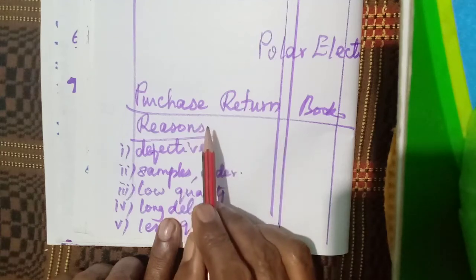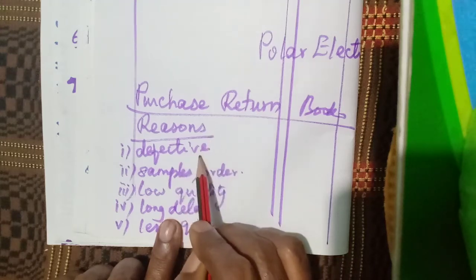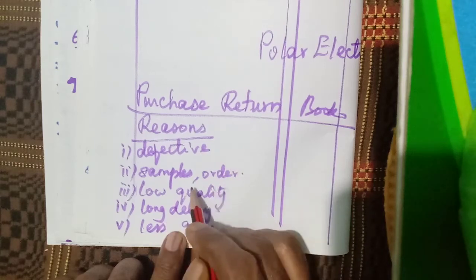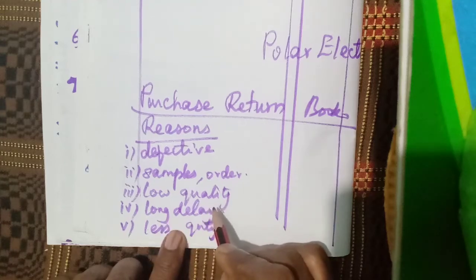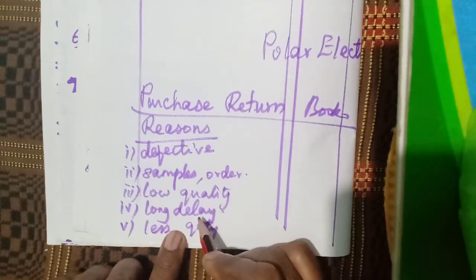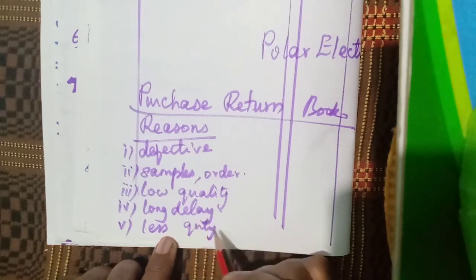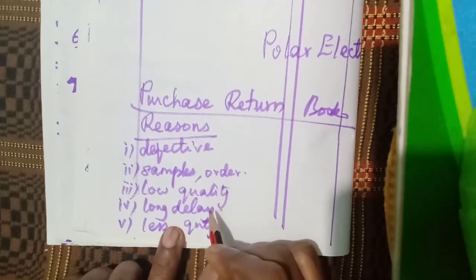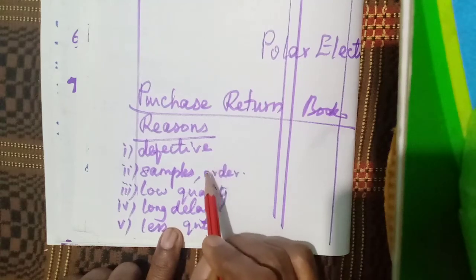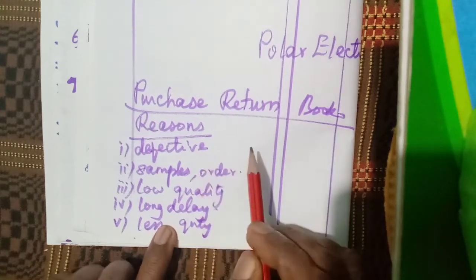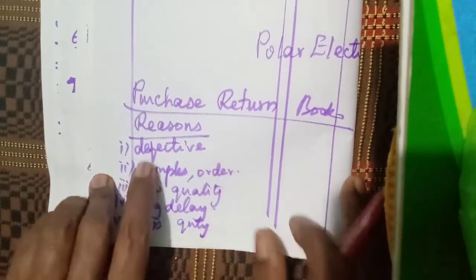Sometimes the purchases that we have made are not up to our expectations, or they may be defective, or not as per the samples and the order that we have placed, or of low quality, or we might have received the delivery after a long delay, or the quantity may be less, or for any other reason we may return some of the purchases that we have made. Okay, so when we return the purchases to the suppliers, we need to prepare